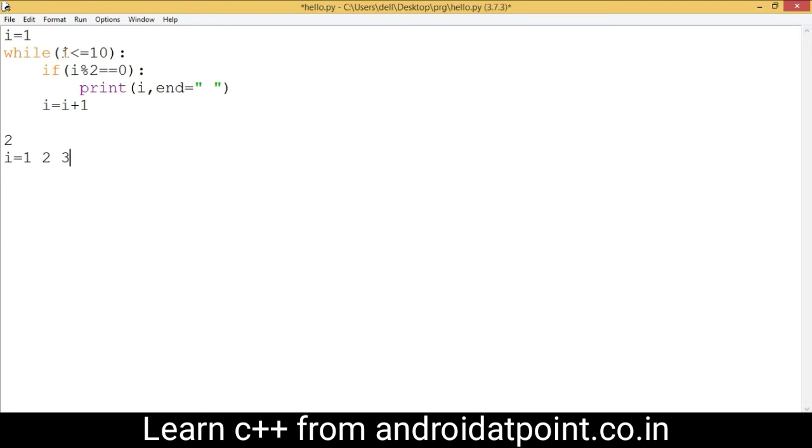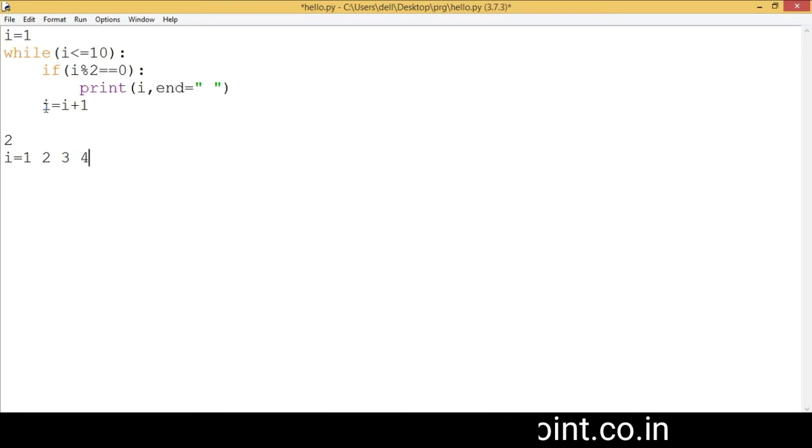The value of i is 3, which is less than or equal to 10, so the condition becomes true. Control again comes inside the loop body, and right now the value of i is 3, 3 modulo 2 returns 1, so the condition becomes false. Control comes here and adds the value of i as 3 plus 1, which is 4, and assigns it to the variable i.